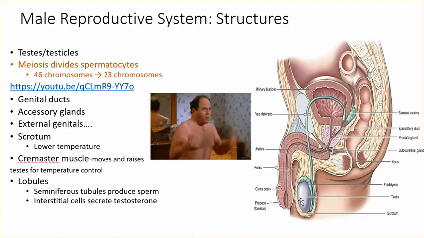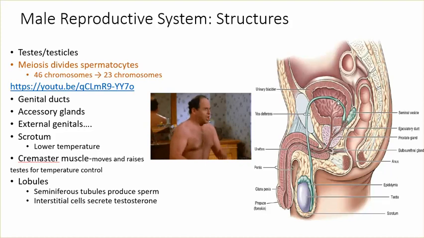This is also where the testosterone is produced. Now, the sperm that's made ends up moving into this area called the epididymis, where it becomes active and the flagella become active and it learns how to swim. They're transported up here by the vas deferens